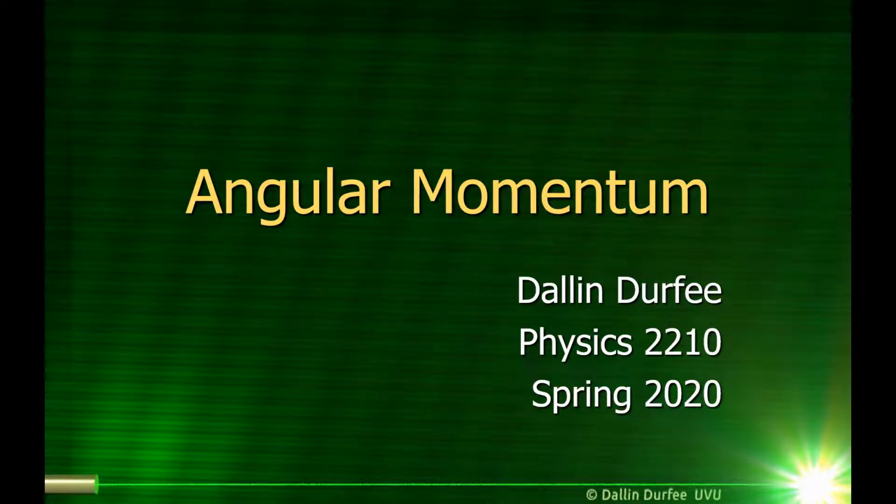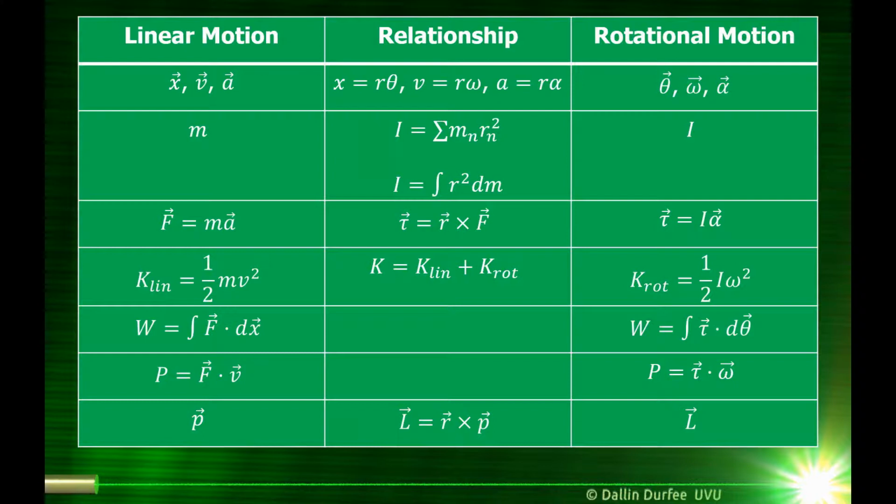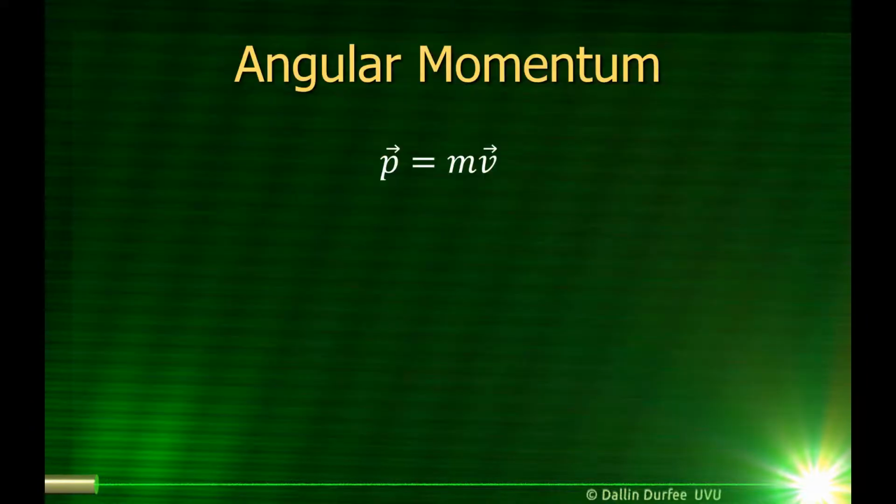All right, today we're going to talk about angular momentum and conservation of angular momentum. So here's our chart of comparison of linear motion and rotational motion. And today we're going to talk about the last piece in this chart, rotational motion's equivalent of momentum, which we call angular momentum. So as you'll recall, momentum for things that are moving linearly, we define that to be equal